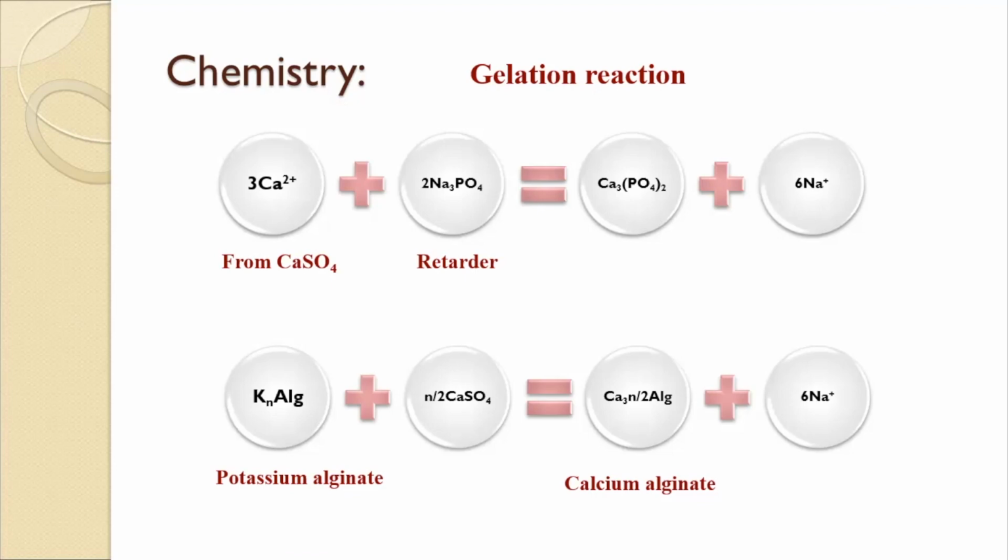A water-soluble phosphate salt like trisodium phosphate is added to the composition as a retarder to extend your working time. Due to this, the calcium ions will react preferentially with your phosphate ions in the solution. Thus, the rapid reaction between your calcium ions and your soluble alginate is deferred until phosphate ions from your trisodium phosphate are exhausted. The amount of retarder is adjusted to provide the proper setting time by the manufacturer, and a similar gelation process is expected with the modified alginate product.